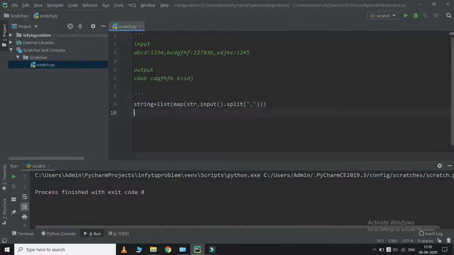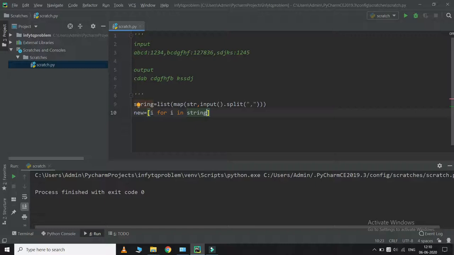Okay. So we have made a list where our first element will be ABCD 1 2 3 4. The second element will be GFHF 1 2 7 8 3 6 SDHS. Now I have to take this element and this element separately. So I'm going to use what is called list comprehension. I'll create a new list, i for i in the list which we are giving as string.